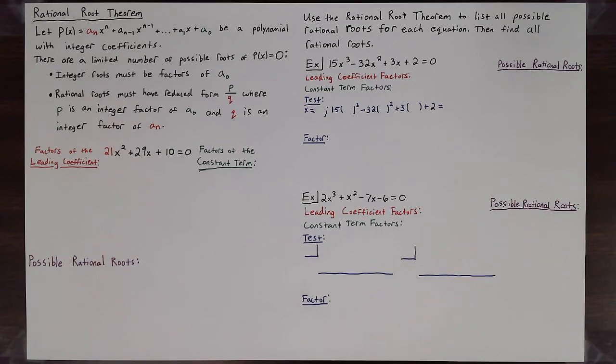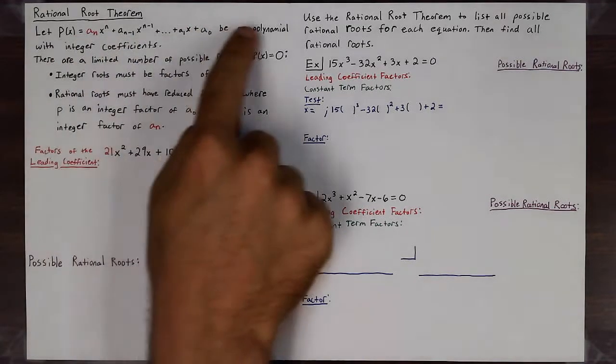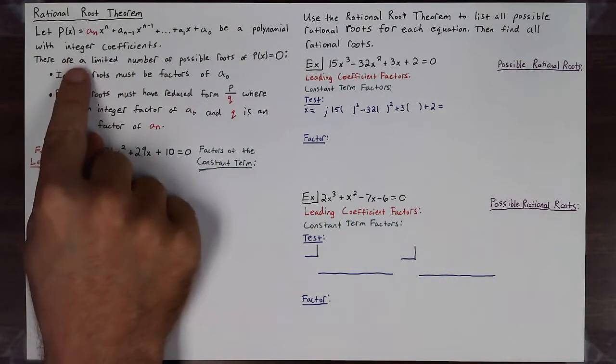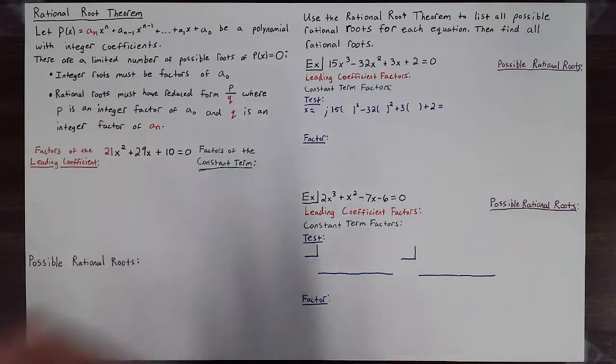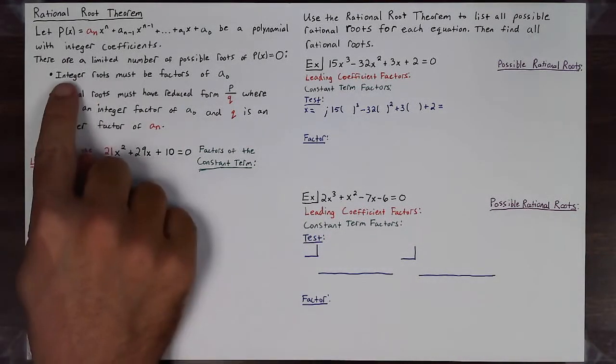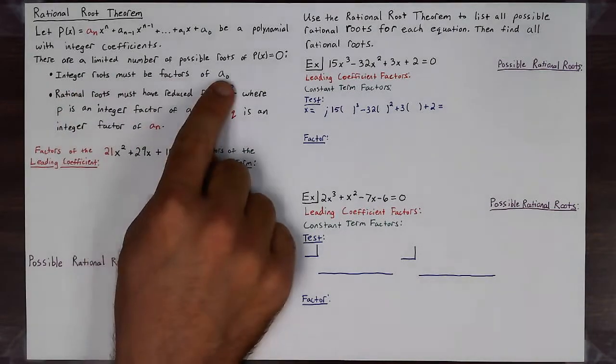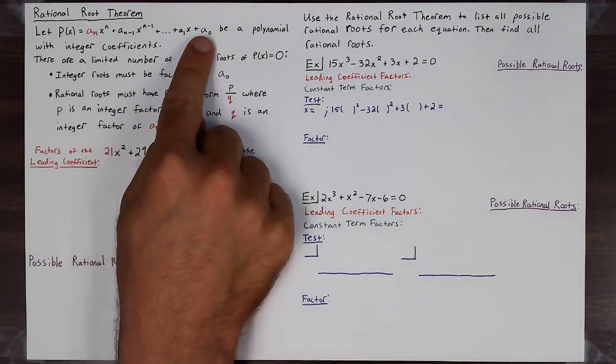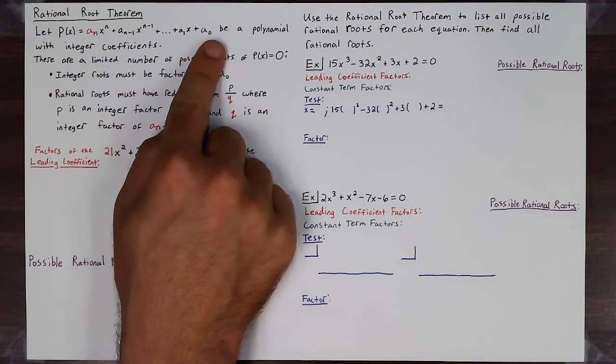In this video, we're going to learn about the rational root theorem. The rational root theorem states that if you have a polynomial with integer coefficients, then there are a limited number of possible roots for that polynomial. Ideally, integer roots must be factors of the constant term at the end of the polynomial with no x, and